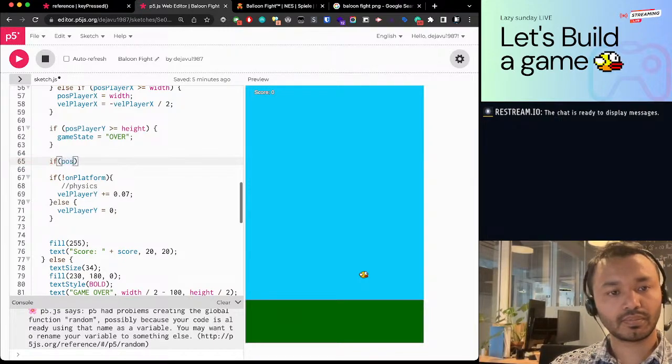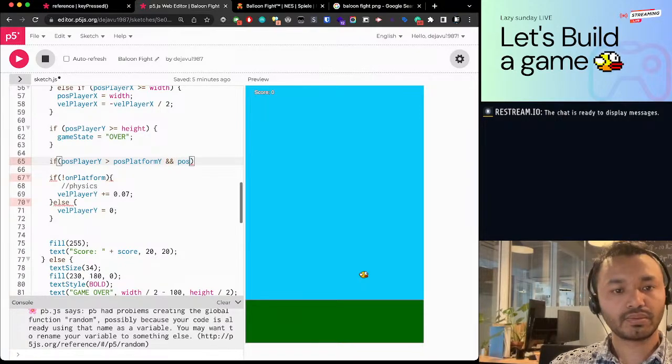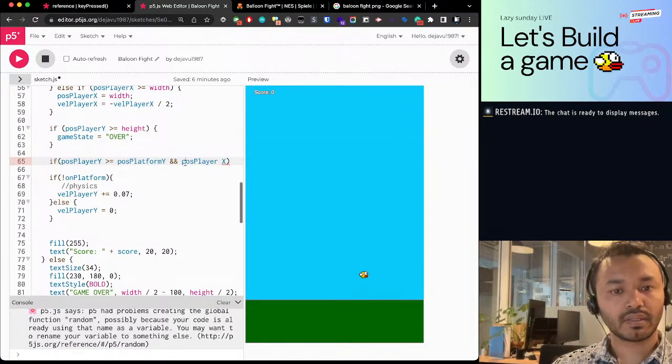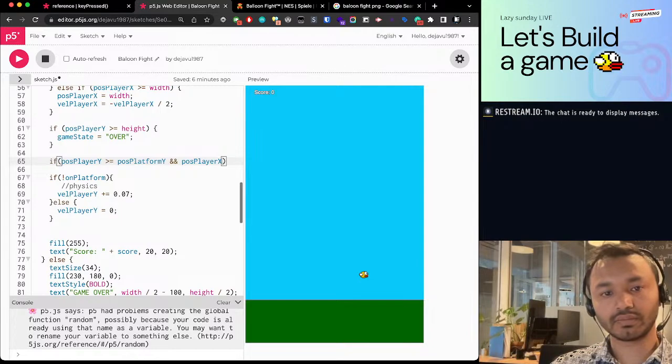If pose Y, pose player Y, player's Y position is greater than pose platform Y, and pose player X, if it's touching, and pose player X is, right now it doesn't even matter, but